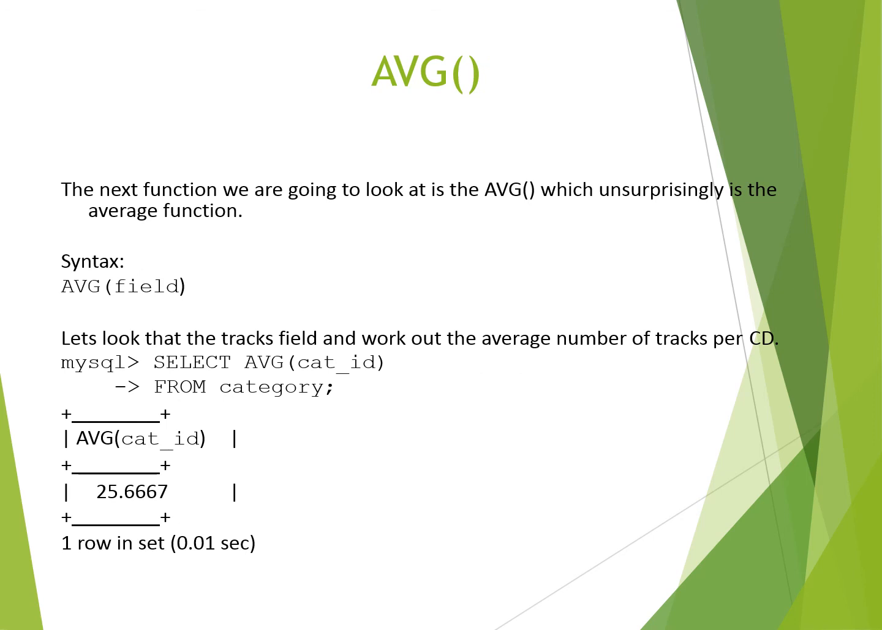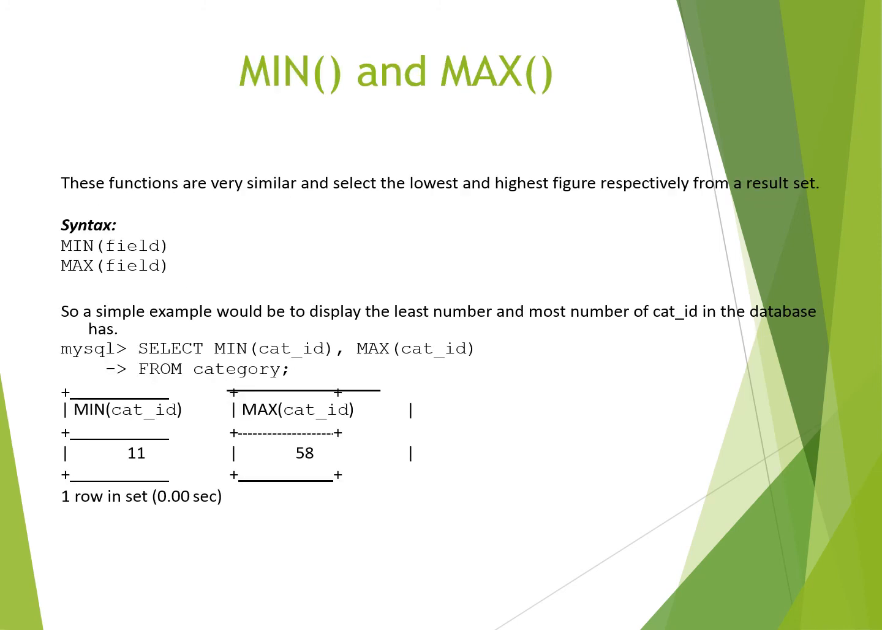Average function. The next function we are going to look at is the average, which unsurprisingly is the AVG function. Here is the syntax and the code. Let's look at the track fields and work out the average number of tracks per city. SELECT AVG(catenation ID) FROM...